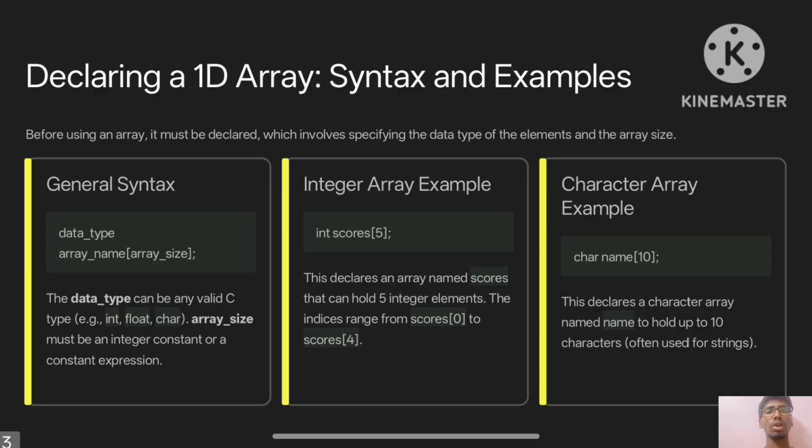Declaring a 1D array. Syntax and example. To use an array, it must be declared, which involves specifying the data type and the array size. General syntax: data type, array name, and the array size in square brackets. The data type can be any valid C type, like int, float, char, etc. Array size must be an integer or a constant